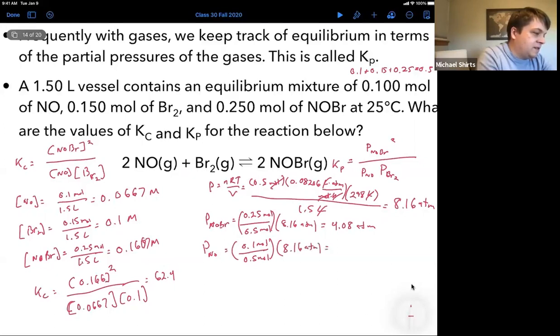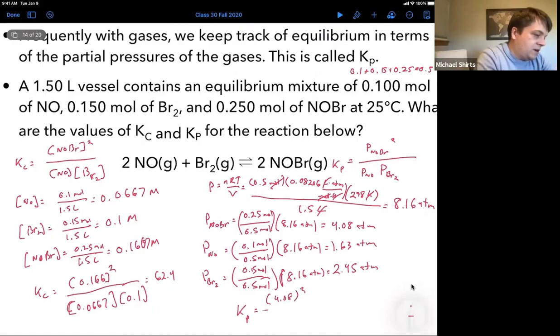That gives 1.63 atmospheres. And the partial pressure of bromine is going to be 0.15 moles over 0.5 moles times 8.16 atmospheres, which gives 2.45 atmospheres. So we plug it in, the Kp is going to be